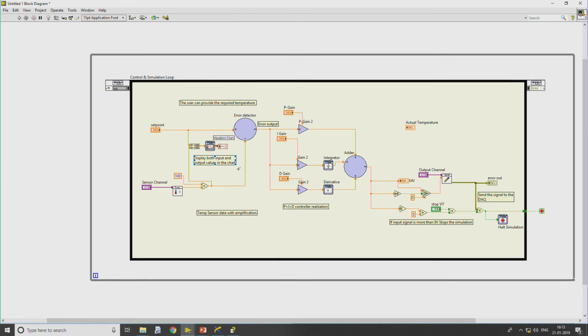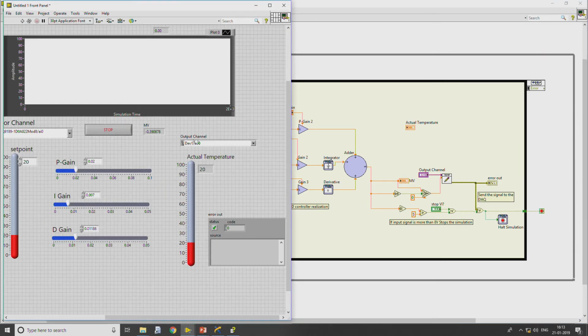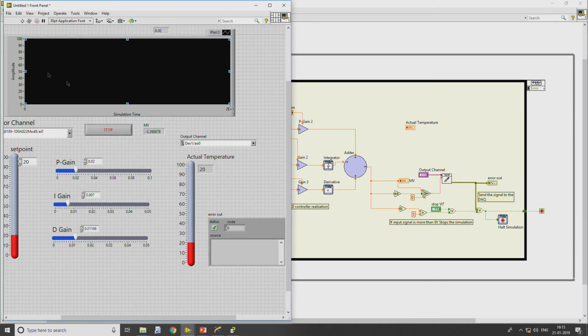Similarly, I have also added the display unit in order to visualize both the input as well as the output signals in the same graph, so that it is understood how much time the system takes to respond, with respect to the controller being able to reach the temperature on the plant to the required set point. So with this, the software side we have done. Now we have to make the connections in the circuit board.